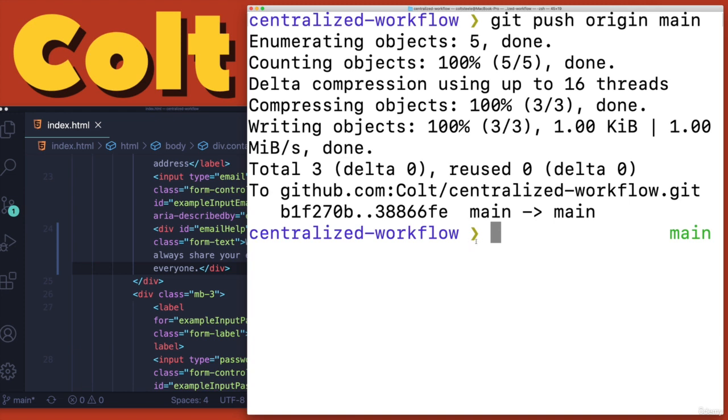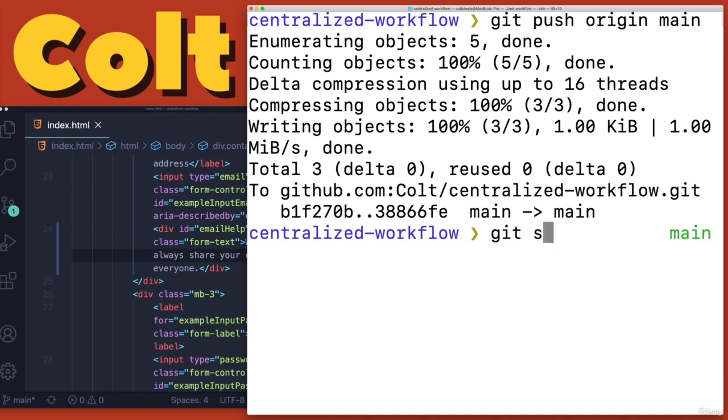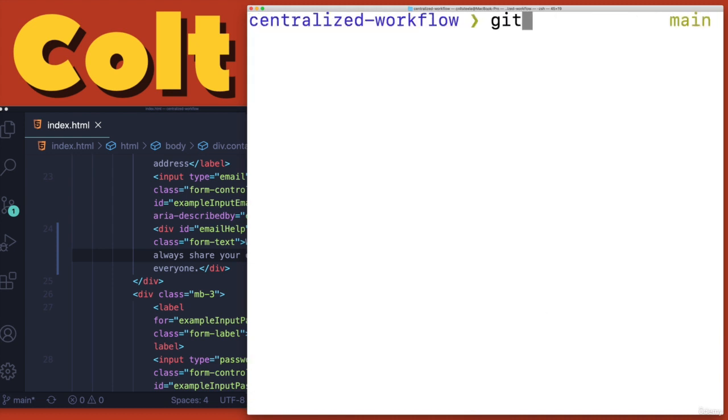So Colt then has to decide, okay, well, I have these changes on my master branch or my main branch, the only branch allowed in this workflow. Oh, you can see it's kind of a nightmare. I have changes that are not ready to commit. What do I do? I want to go get that new stuff from Stevie. But if I try and pull right now, git pull origin main,